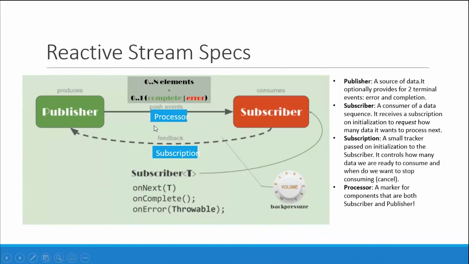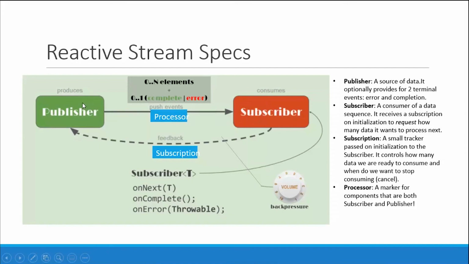Here we have what we call a processor; this is where Reactor or RxJava come in. The publisher can produce 0 to n elements or 0 to 1 elements. Once the data emitting is complete, it can send a complete signal to the consumer, telling it that this is completed. Or if an error occurs, it will send the error to the consumer.